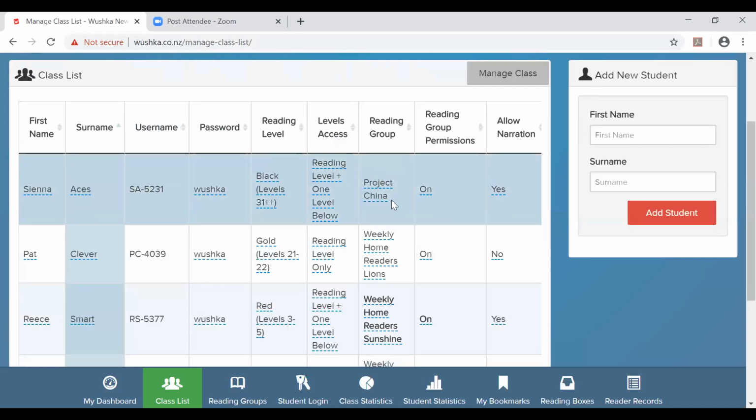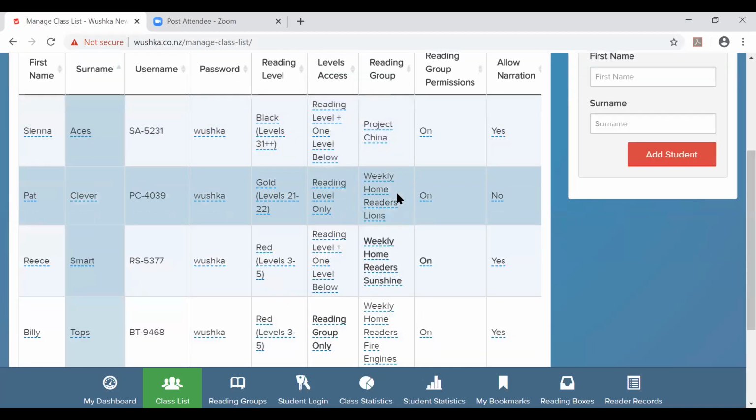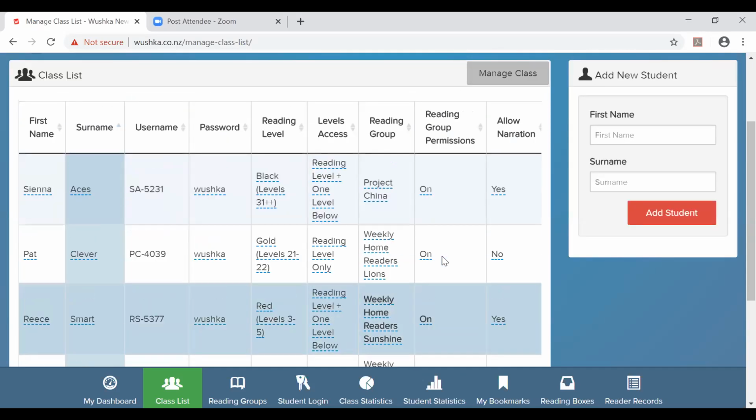And the final reason you might want to create a reading group is perhaps for your older readers. You may want to provide certain readers for a project or a comprehension activity. You might want to give them access to a history library or a technology library where you've grouped books for a reason or a purpose in that reading group. So there's lots of different reasons that you can use reading groups. As I said, it's optional, but there's certainly some really great ways that you can use reading groups.